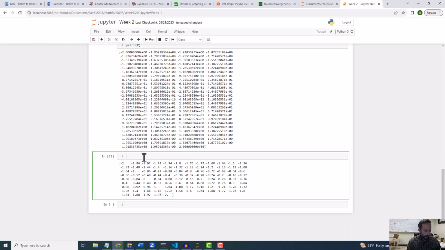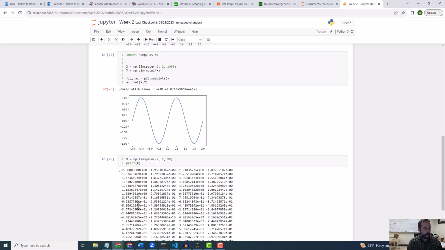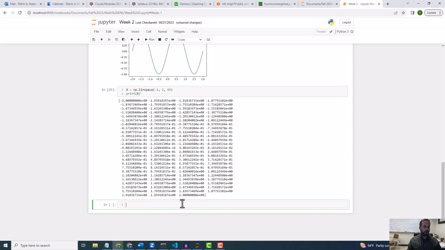The other NumPy function that's very similar to linspace is called arange. For arange, I'm going to say x is equal to np.arange, A-R-A-N-G-E. For this one, what you give is a start value, a stop value, and then the step size. So you give it a start value, which is -2, a stop value, which is 2, and then a step size, which I'll do 0.1. Now one important thing about this: it will go from -2 in increments of 0.1 up until 2, so it will not include 2. So I'm going to run this,